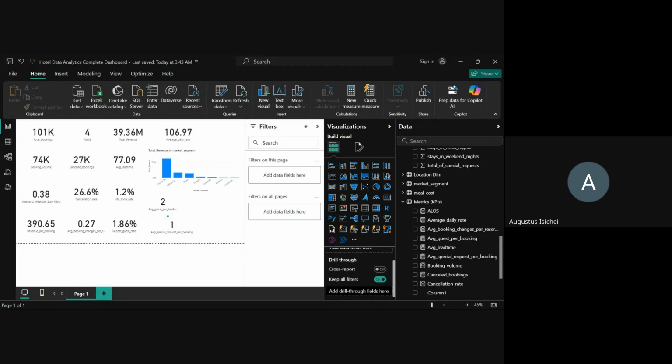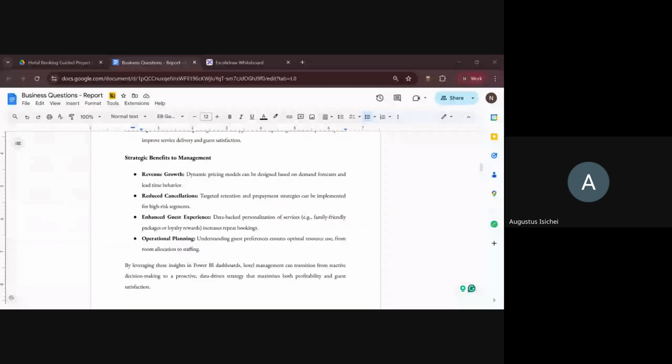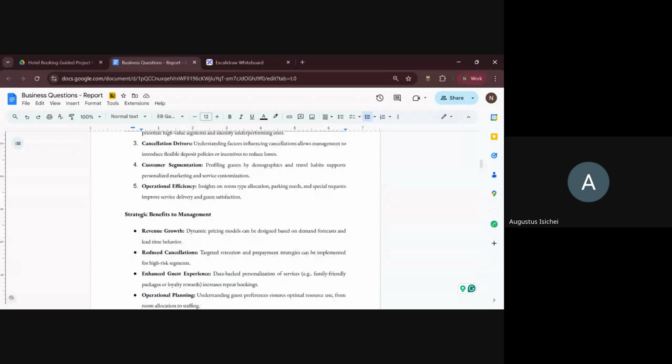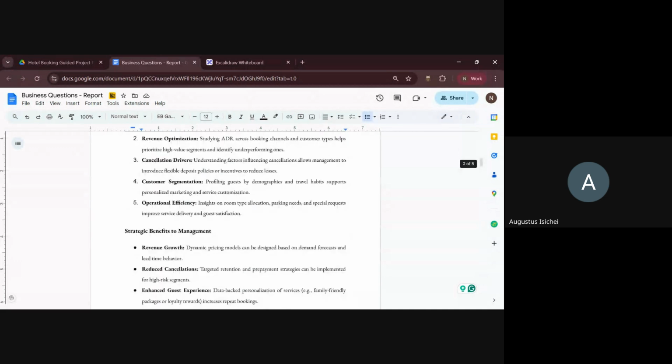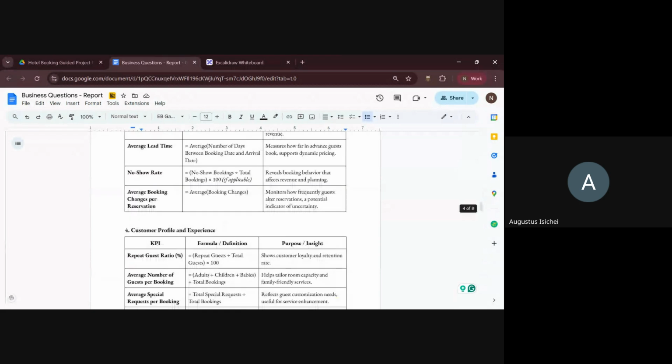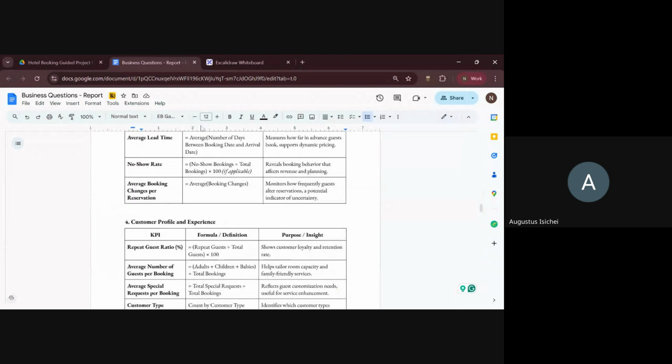As a best practice, it's important that you start by creating a mock-up of your dashboard, just to have an insight of how you would like to present your dashboard at the end of the day. So back to our documents containing the business questions and the metrics that we've generated so far. I have, on this same window,